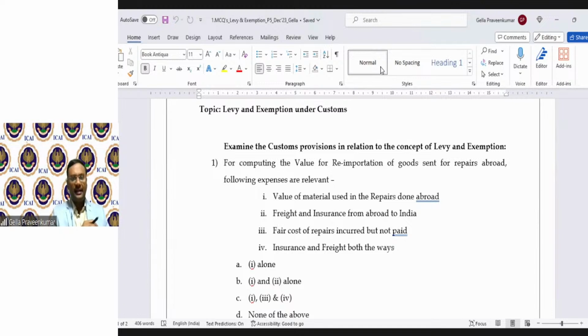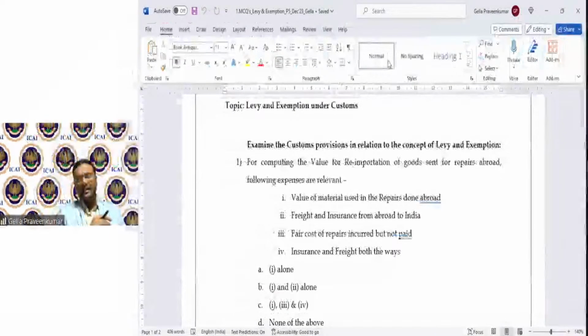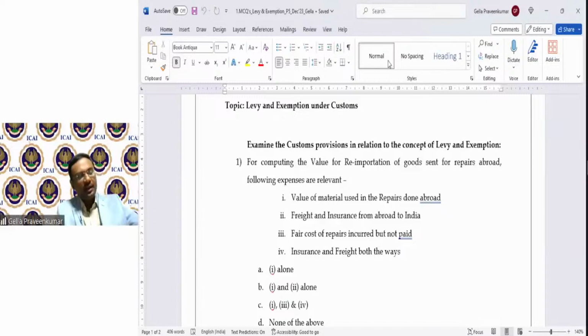There's one question from Mansa. Do we need to read the judicial decisions on scope of exemption which are given in our study material? Mansa, this is only out of interest to give more clarity. A few students go in depth into how a particular exemption notification was brought in, under what grounds it was challenged, how the tribunal made the interpretation, and what the final verdict of the Supreme Court was.